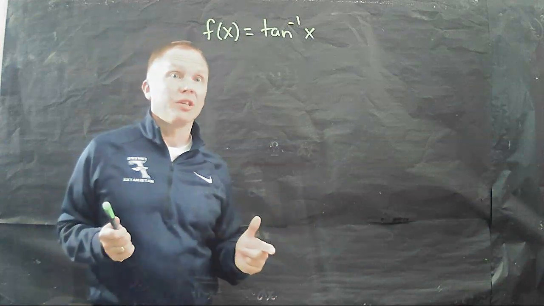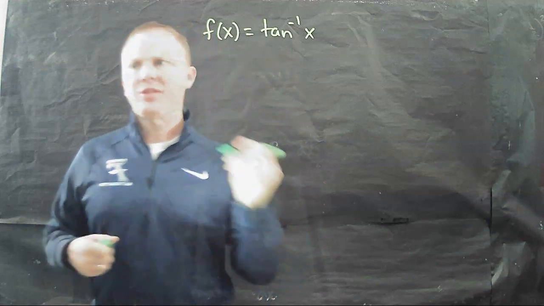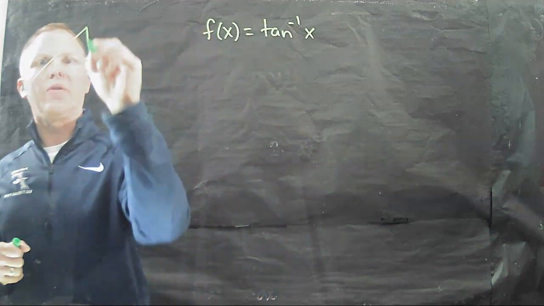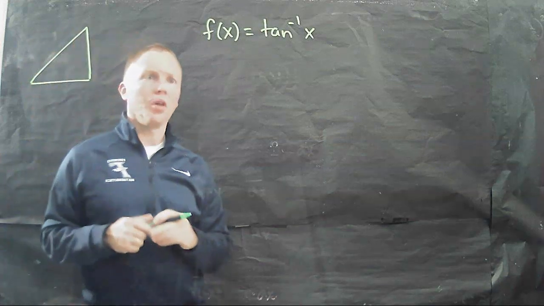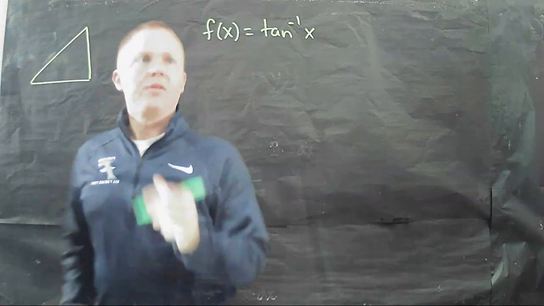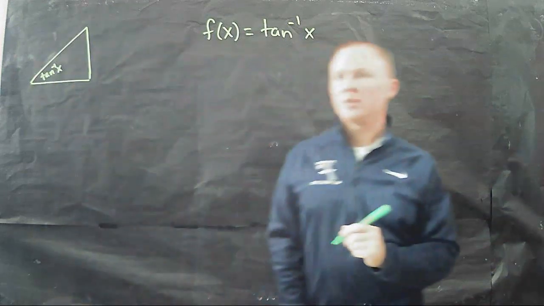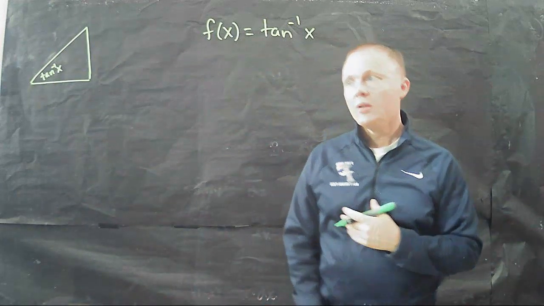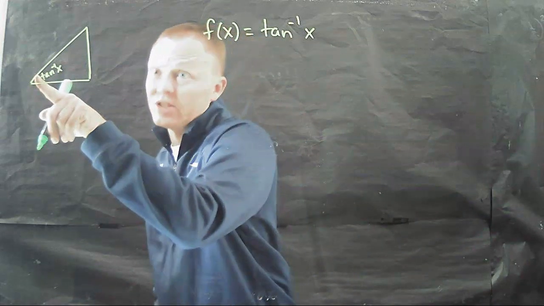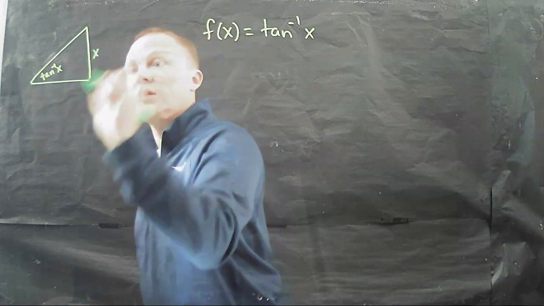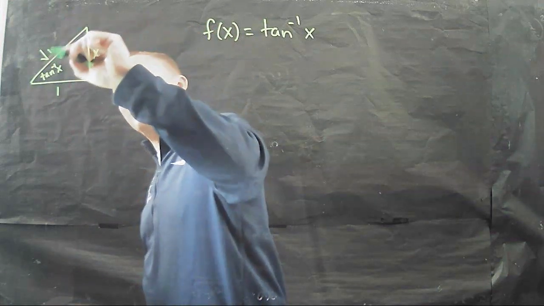So the question is, first of all, let's draw this angle. Okay, let's draw that angle. The inverse tangent of x. Can you draw a picture of that angle? Okay, here he is. Hello, inverse tangent of x. But he's got to have a tangent that's equal to x. So opposite over adjacent. Which means this side right here is, by Pythagorean theorem,